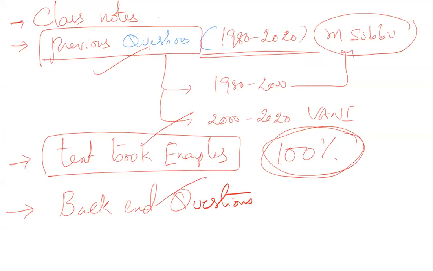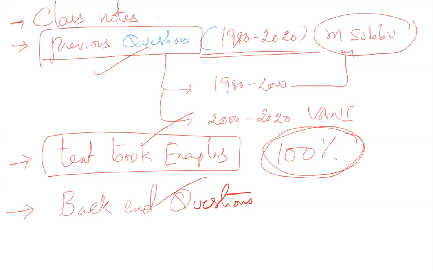GATE is not the exam it was in the 1980s. Back then you would have only 10 questions, only theory questions, and that is where they used to give extremely tough questions. Each question carried, let's say, 10 or 15 marks. Now this is not the case. It is multiple choice and you have multiple questions, so you will get simple questions only.